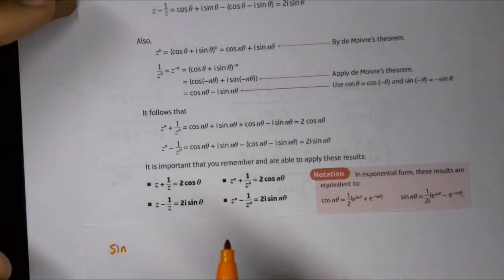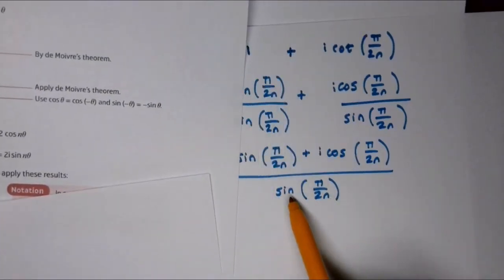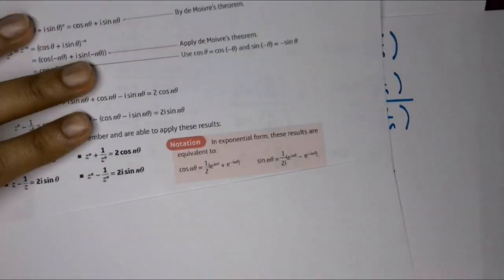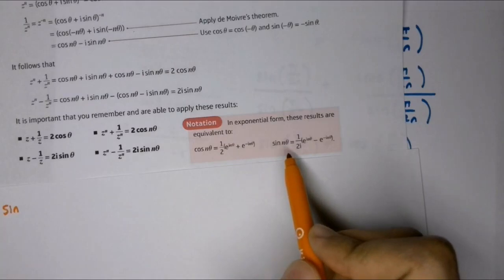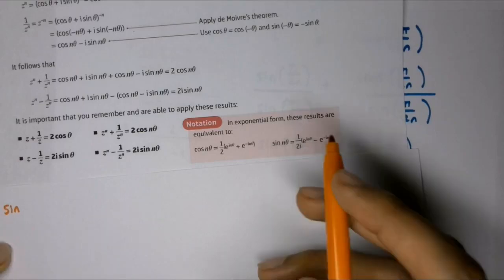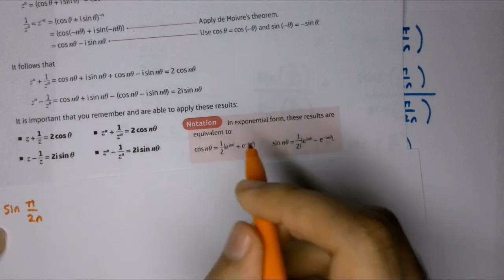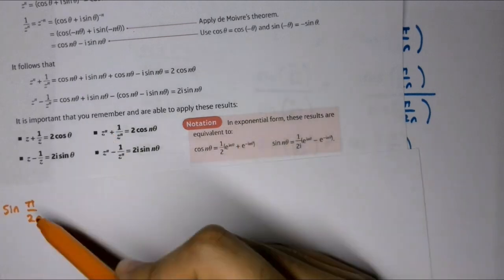Now obviously over here, if you look back at what we wanted to show, we've got a sine of pi over 2n. So if we replace the n theta with pi over 2n,